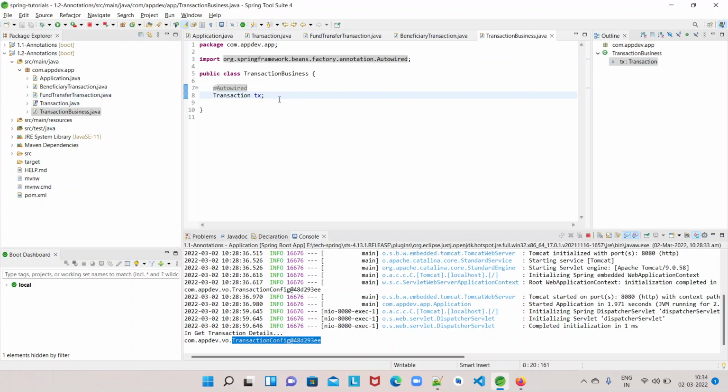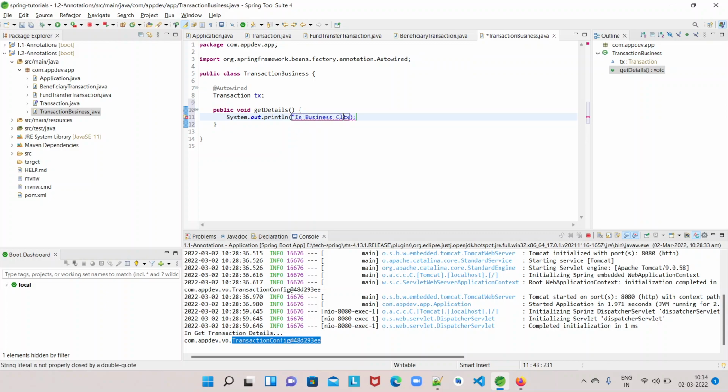Suppose I have one method here, public void get transaction details. Let me print the transaction here in the business class. Transaction business is dependent on this transaction.